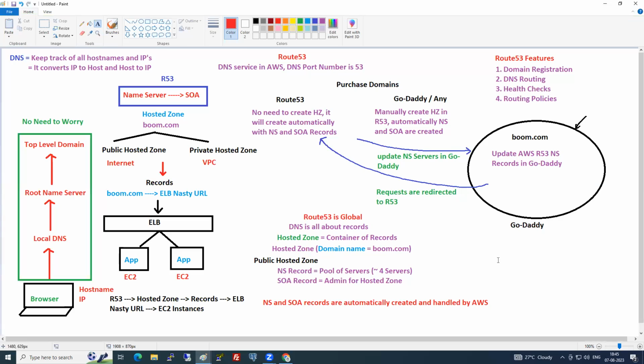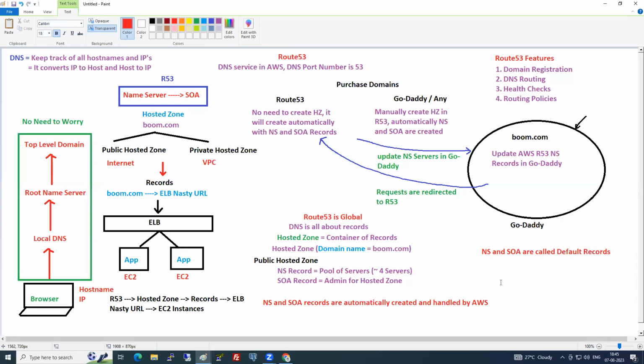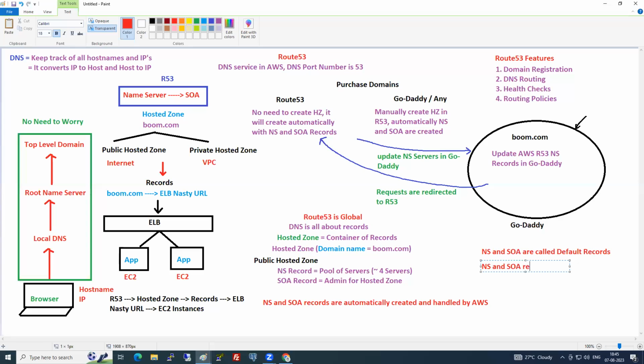What are the two records that get created automatically? What are the default records? NS and SOA are called default records. Can you delete NS and SOA records? If you delete them, will your application work? No. NS and SOA records cannot be deleted.